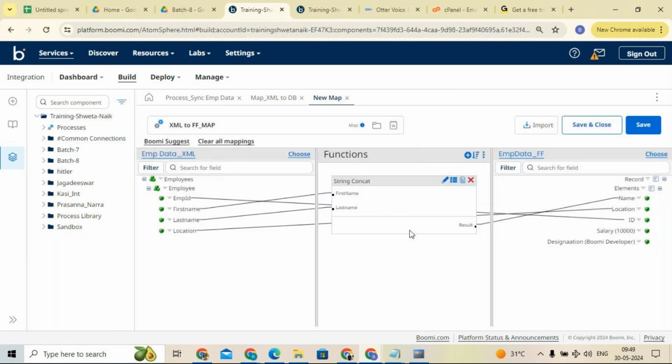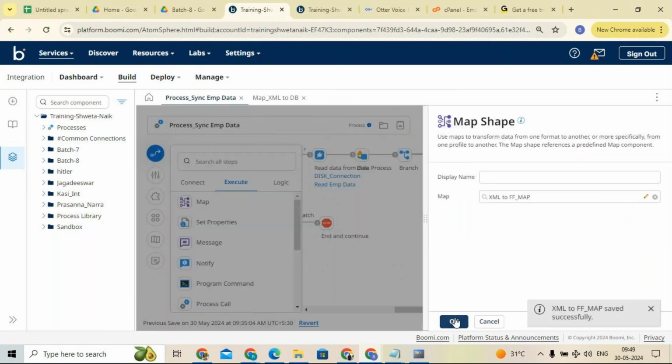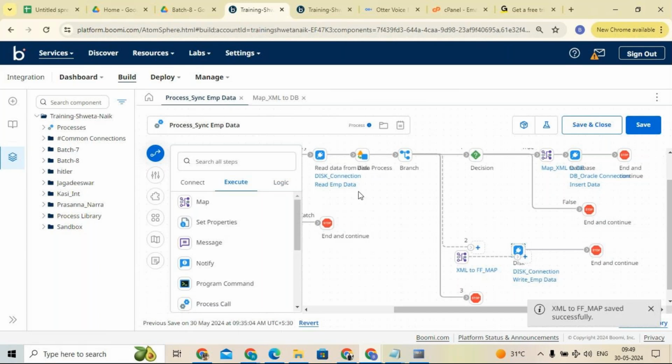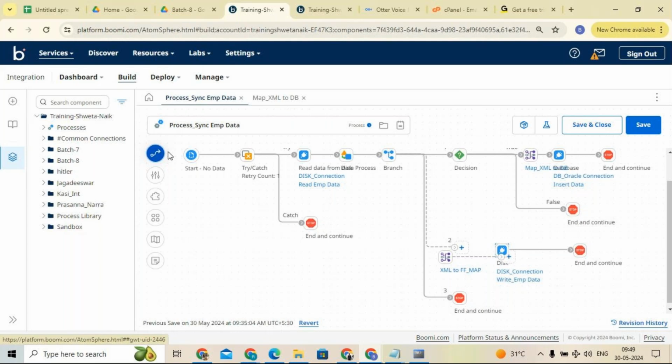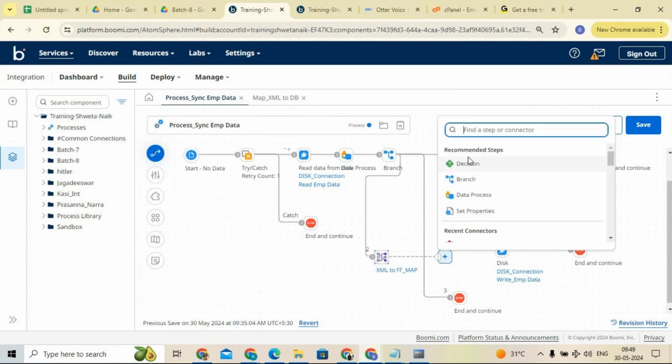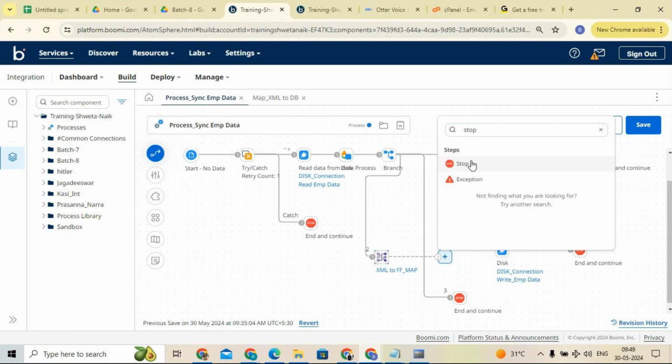Okay, now you can see it is going to be Boomi developer. Yes, save and close. Clear till here? Anyone have any questions? Anyone not understood anything? Yes. Clear. Okay, that's fine. Before we connect to the target system, let me do a testing